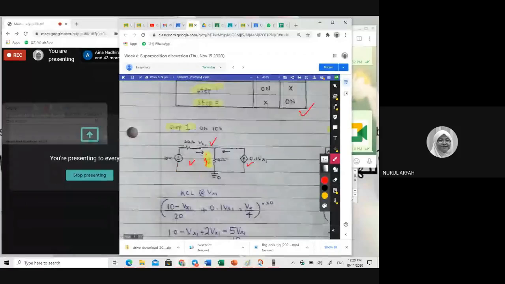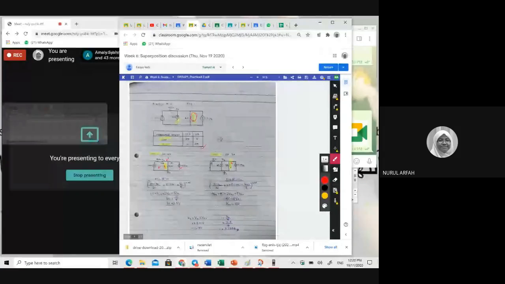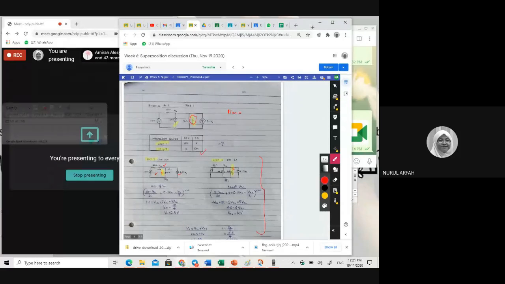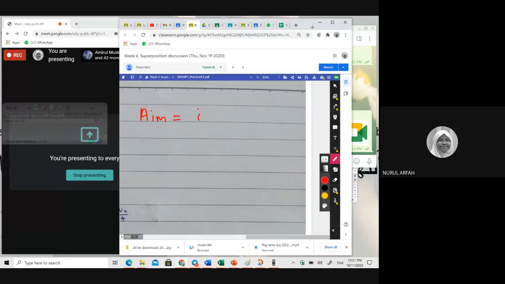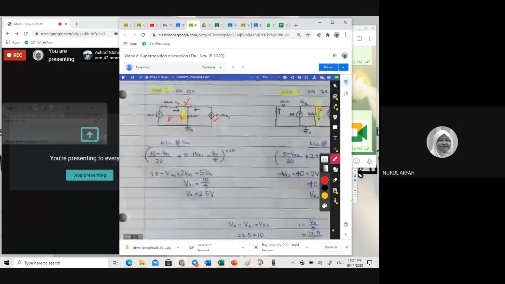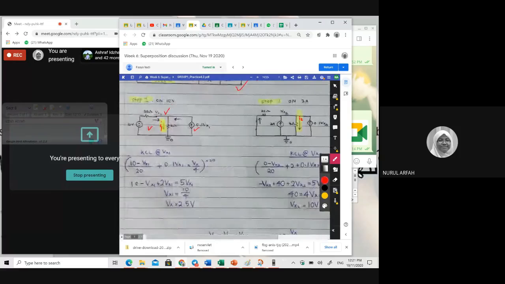And then where is your aim? Another thing that I'm going to find is your aim. Maybe you get it wrong here, maybe this is wrong, and then I will look at your aim. If you write down your aim, then you get some marks: I equal to I1 plus I2, because we have 2 steps for superposition. Okay, and then if this is correct, then I give you